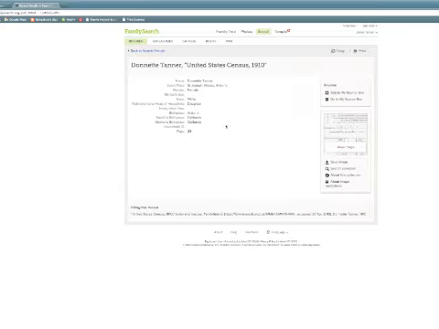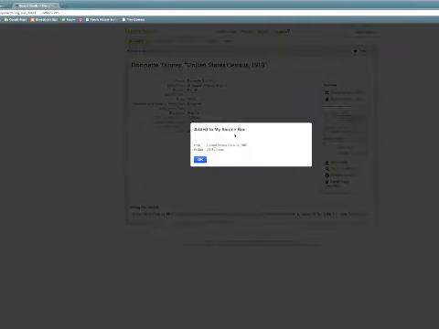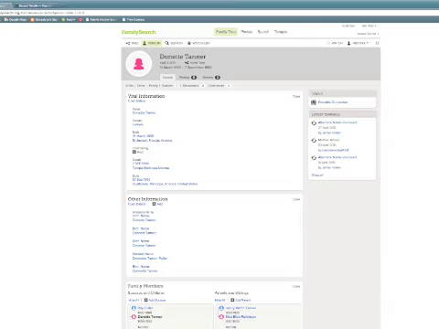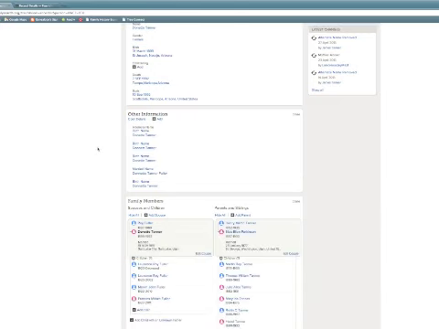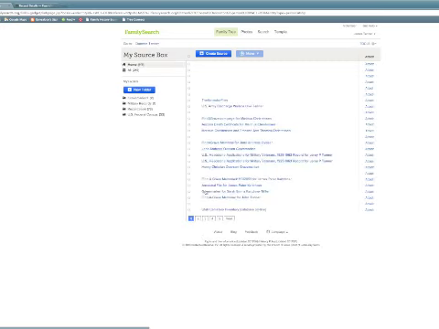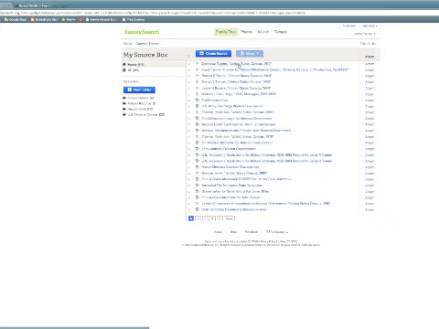the record, the primary record, and click on the link that says add to my source box. It will ask me if I want to do that. And now that record has been added to my source box. Now all I have to do is navigate back to Donette Tanner in the Family Tree program, scroll down to the sources, and click on the link that says go to source box. When I do that, a list of all my sources will come up, including the one that I just added